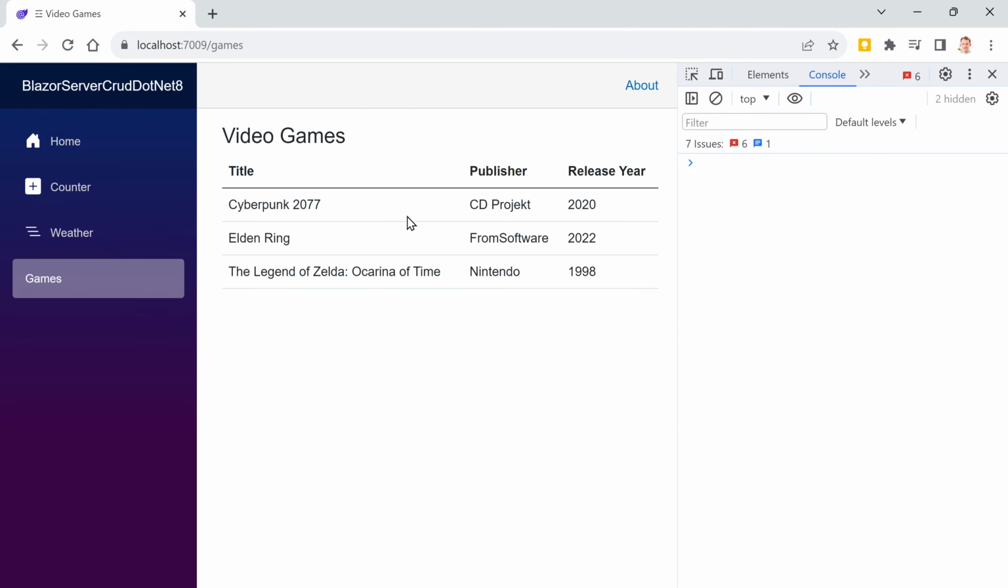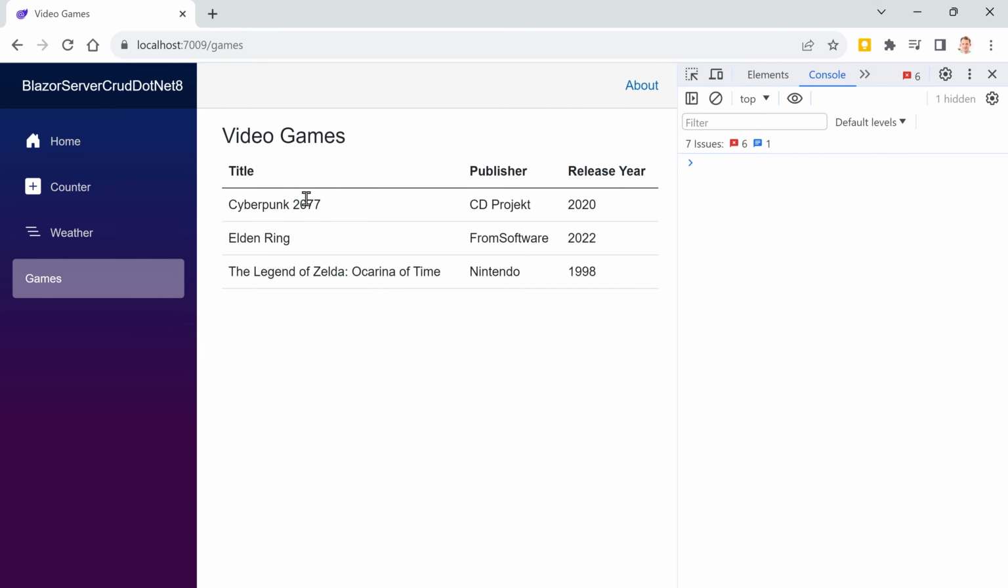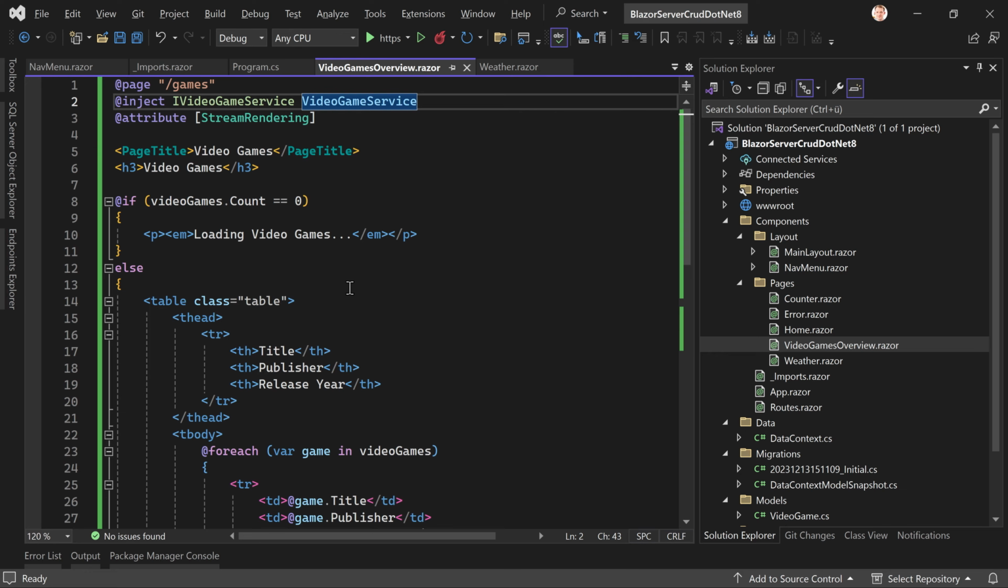that we have this spa-like feeling. Now you see it loading video games. Again, I go to home and then I go to games. I directly open the page, or the application opens the page, and then we get the data after a certain while, right? Or we just use render mode